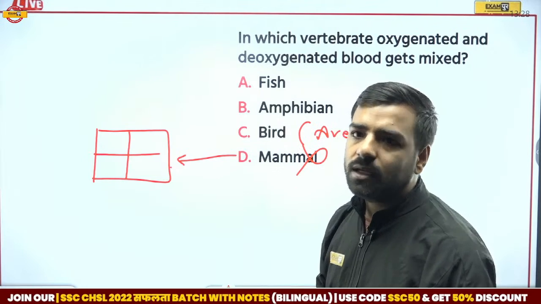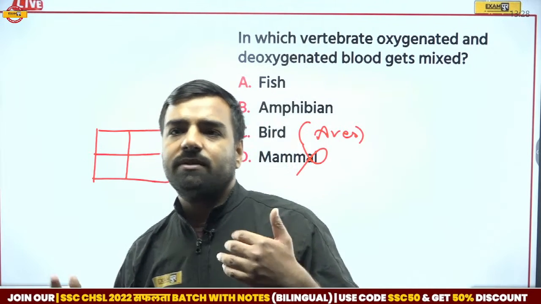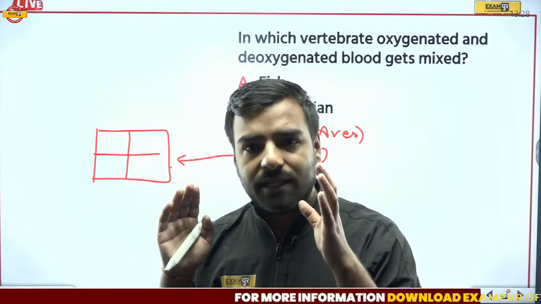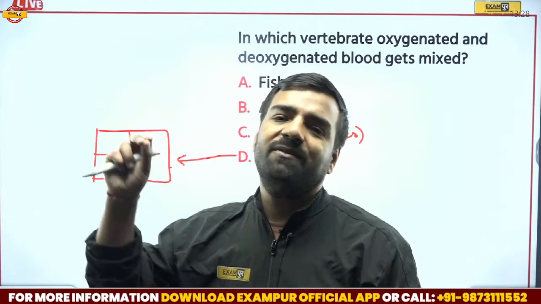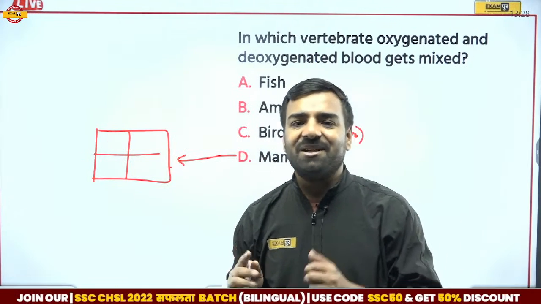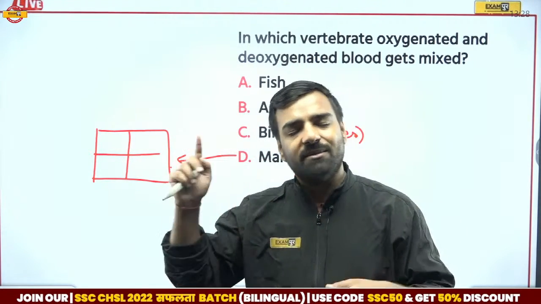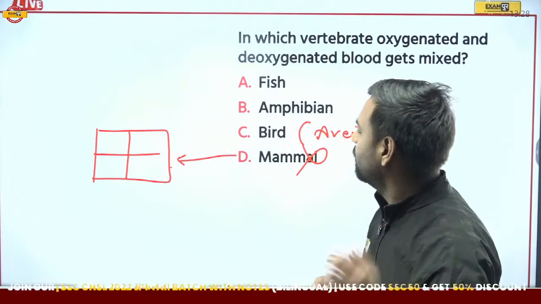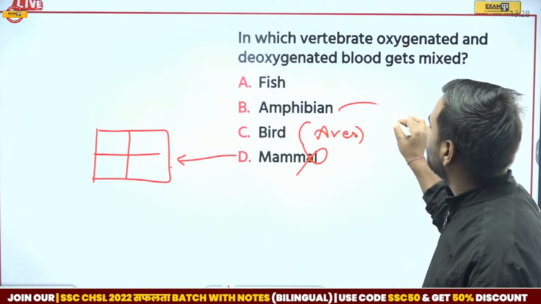Now, Jagdishan, you knew. No issues. Just to explain to Kirti, because Kirti was wrong here, 100% Kirti will be correct now in the mains examination. This is the thing where we know that if we are wrong here, in the main examination we will surely be correct. Okay. Now let's talk about amphibians.